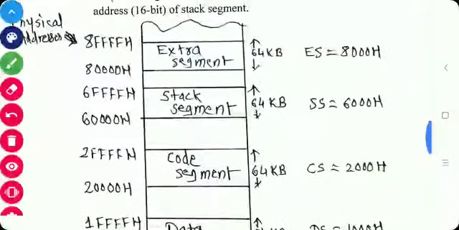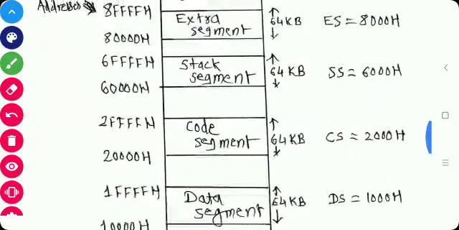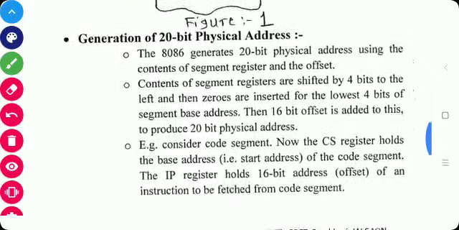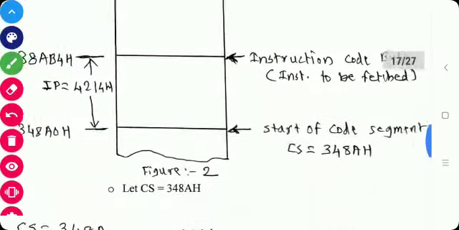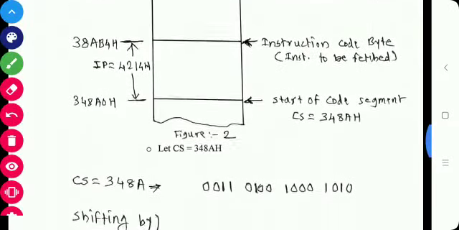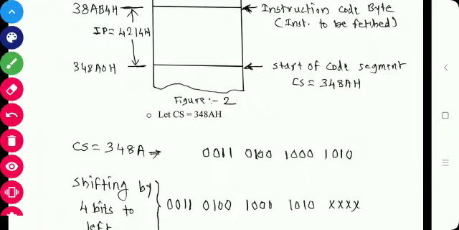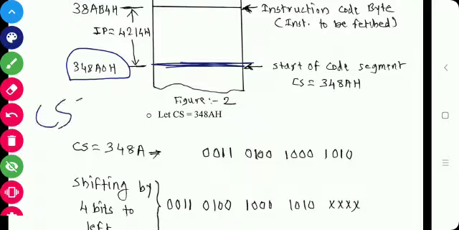So this is the diagram of memory segmentation, in which the memory is divided into 4 segments. Now generation of 20 bit physical address. In this we have to use one segment register and one index and pointer register. So for example, this is the base location and the address of this base location is 34880. This is the 20 bit address. Now CS contains 348A, that is the upper 16 bit of the base address.